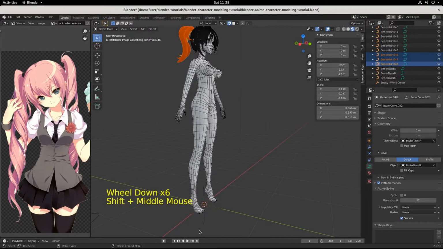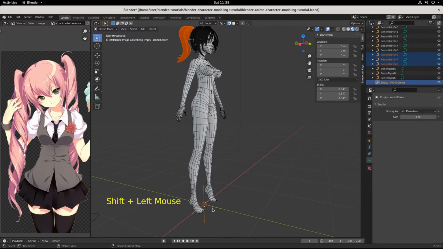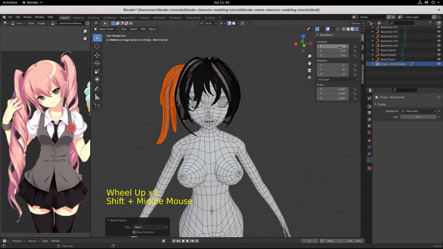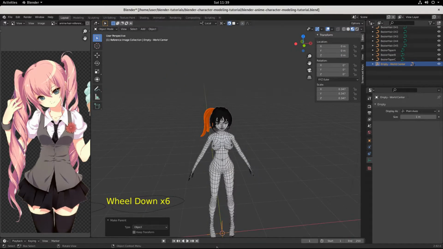You remember this guy? This blank that we put as the world origin? I'm going to shift click this. Remember, we used this to flip stuff when we were making our eyes and our ears. Now we're going to do the same thing for our pigtails. So now I'm going to make this the parent of these 4 pigtail objects, and I'm going to do that by hitting Control P, set parent to object. Okay, you with me? And look up here, everything's clean, outstanding. So now with these 4 selected, parented by this empty down here, we're going to go